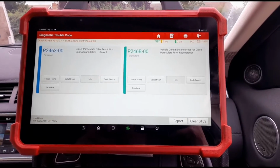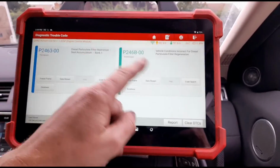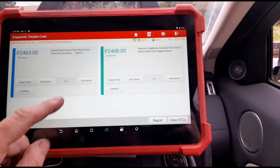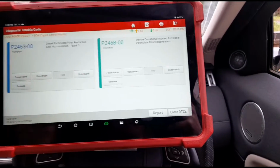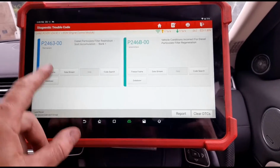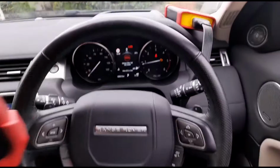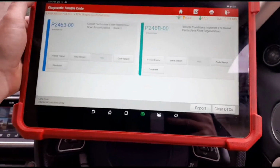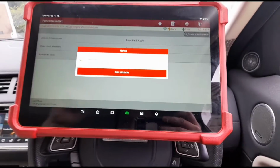surprisingly enough, the AA guy said his diagnostic machines can't do anything for these codes here. So that was the vehicle conditions incorrect. It had a NOx exceedance code, which is now sorted out. AdBlue was topped up. We'll have a look. We've got a blocked DPF basically, and the conditions are incorrect. And it's only done 30,000 miles, so probably